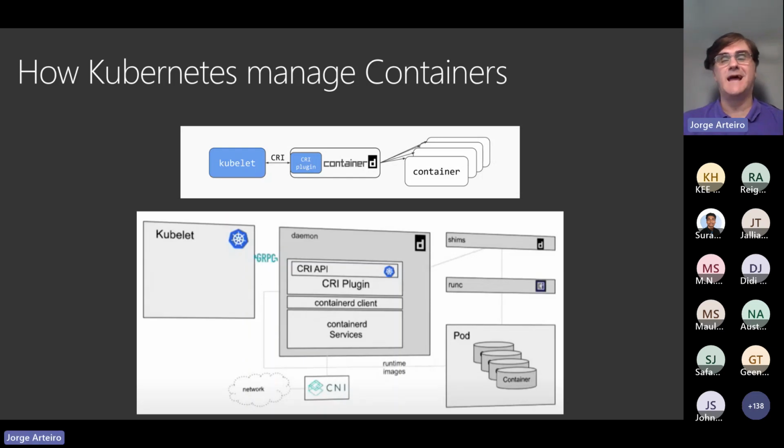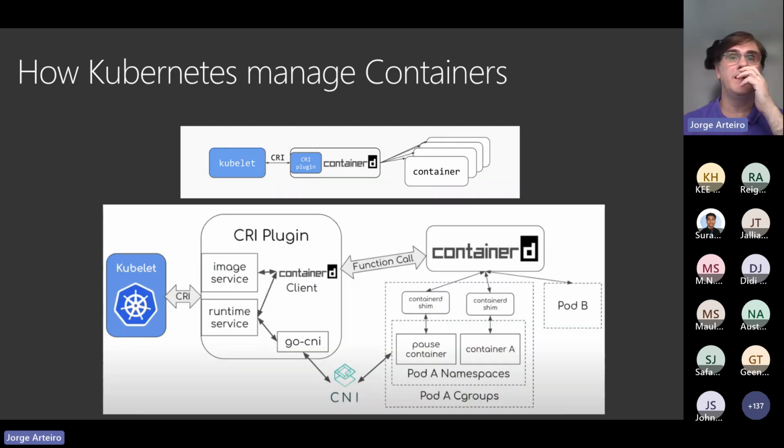But like I said, there's a library in between Containerd and the container. It's called runc for Linux. And if you go into more detail, that's how it works. There is also a connection with networking called CNI, Container Network Interface. That's how a container can have an IP, the same as a machine has an IP number for the network. And that's how Kubernetes and Docker work, at a very deep level.